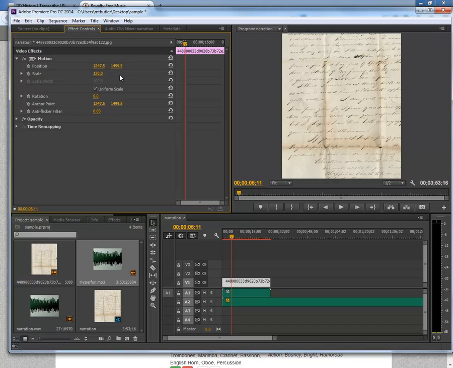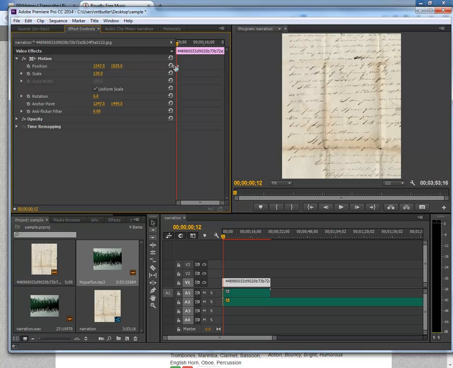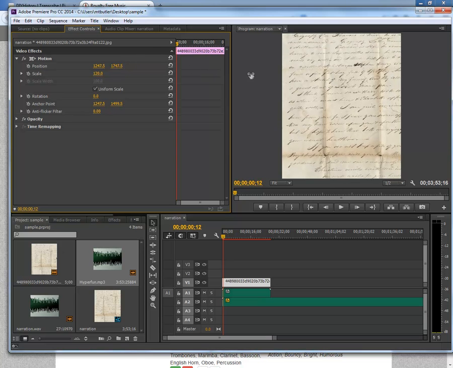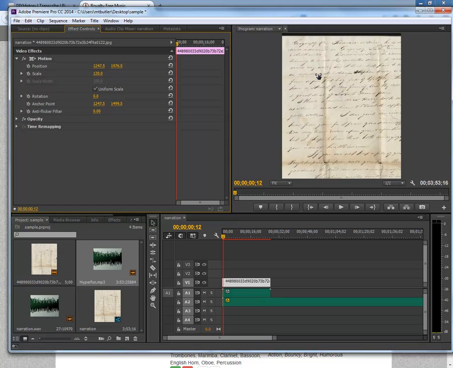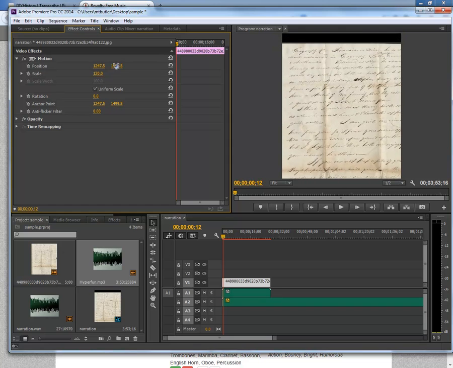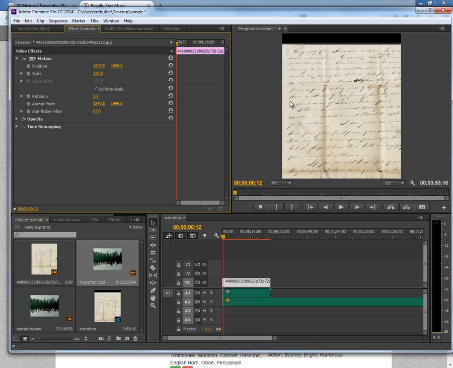Now the next thing we do is here in the position, this 1499 or whatever number it is for you, we'll want to move the playback head back, and we'll scoot this and kind of preset it a little bit. So we'll scoot it down in a starting position. Okay, and it's off the page a little bit, and that's where you can play with the scale to keep it from doing that. And at this point we want to set a keyframe, and to do that we click